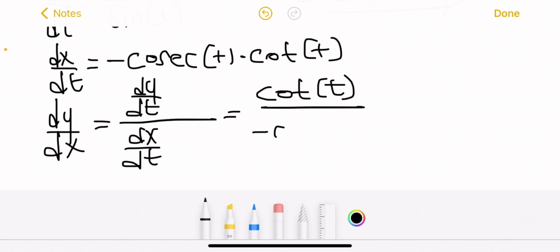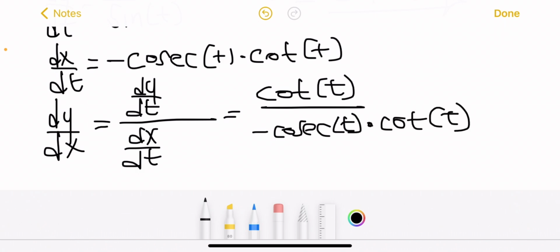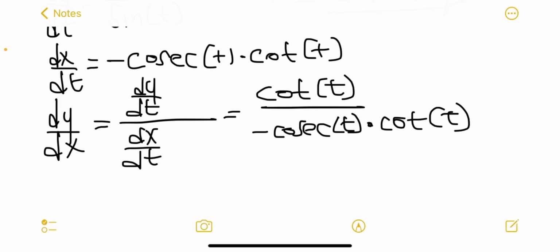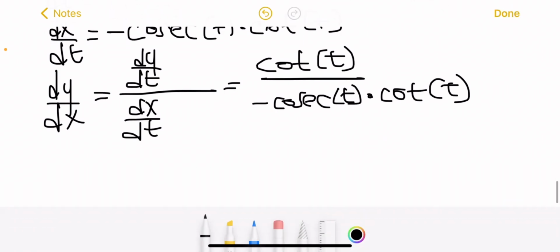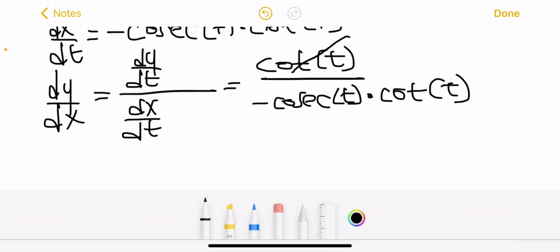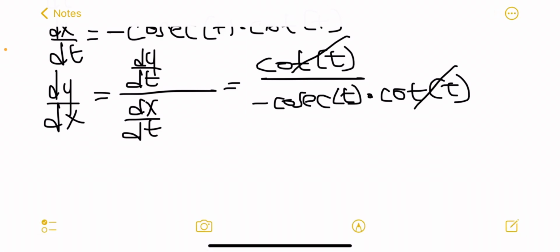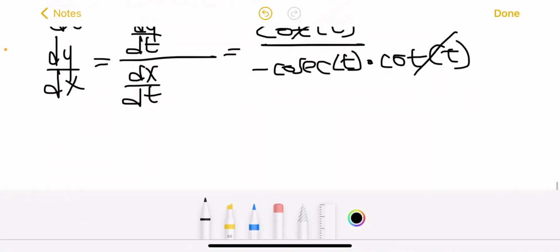It's negative cosecant of t multiplied by cot of t. Okay, then now we simplify. We cancel cot t with cot t. We are left with dy over dx, which is equal to 1 over negative